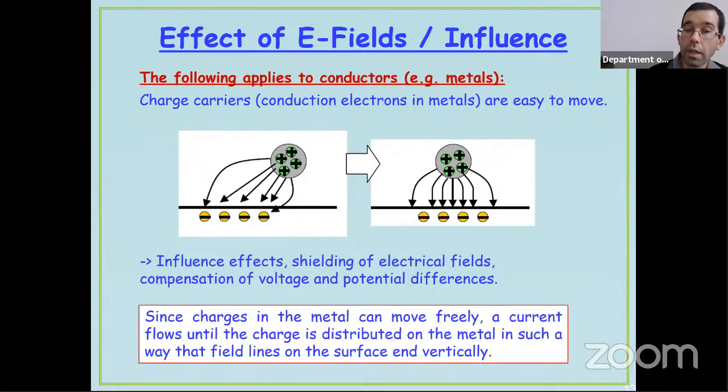This is called the influence effect, and it raises a quick current, and once the charge carriers move into the second position, then it ceases and it goes to a steady state where there is an electric field between the positively charged object and the negative charge carriers in the metal object.